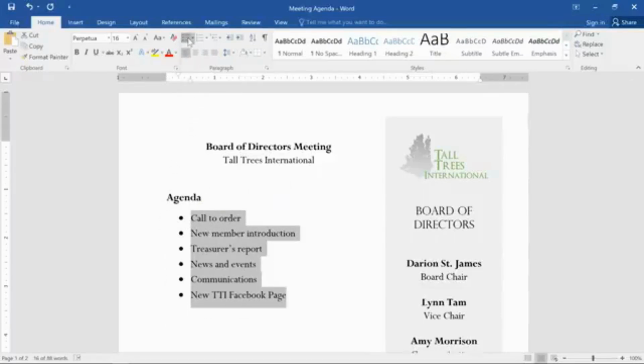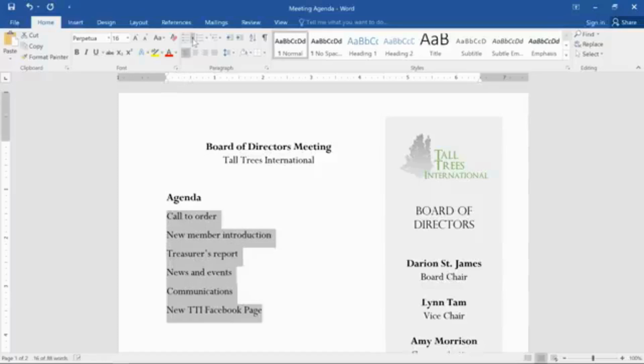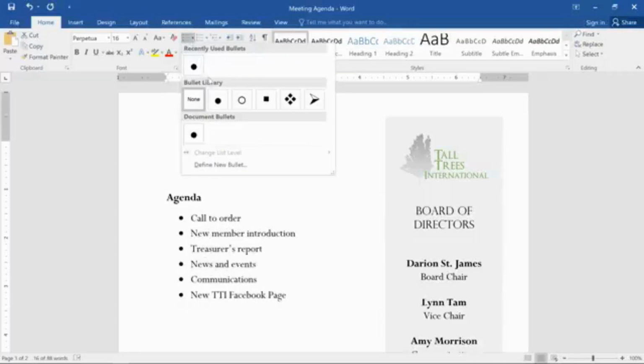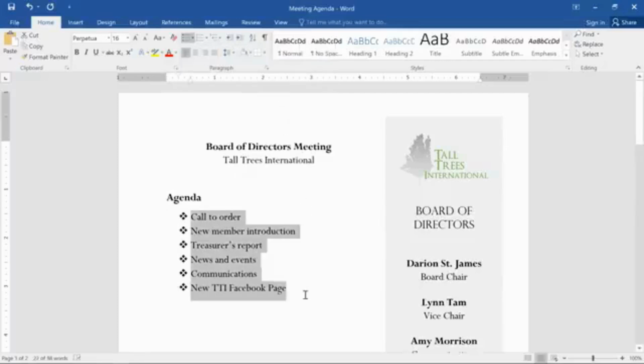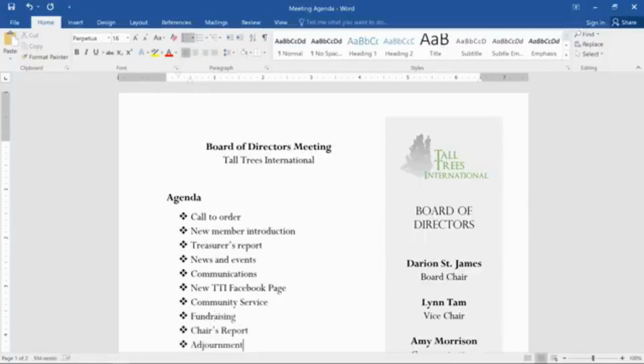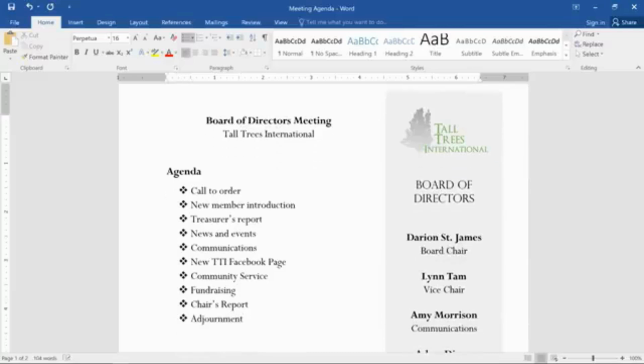click here again. For more options, you can click the Bullets drop-down arrow and select the bullet style that you want. If you click at the end of the list and then press the Enter key, the next line will automatically have the same list formatting as soon as you start typing. When you're done with your list, just press the Enter key twice, and the next line will have normal paragraph